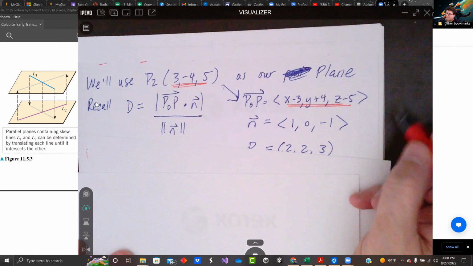As a recap, what did we do? We know that these planes are parallel, so the normals are the same. We found a normal vector by crossing the two vectors that live in the skewed lines, which come from these components right here, our T components. Those are right there. We crossed those to get N, which was here. And then we used our distance formula. P naught P dotted with N,